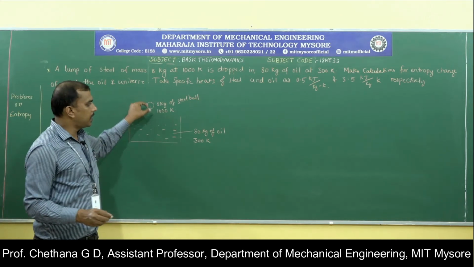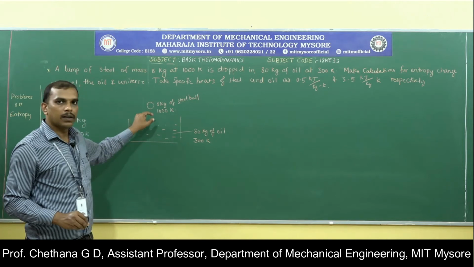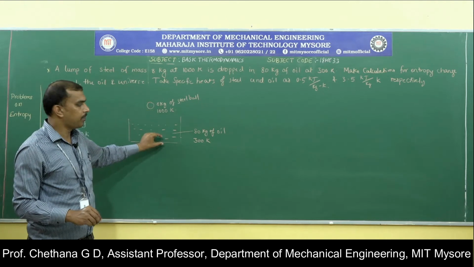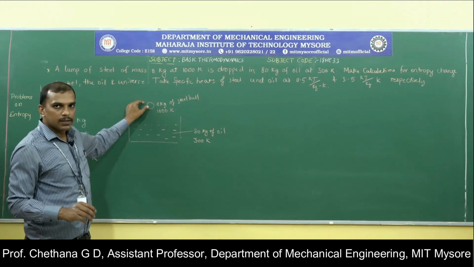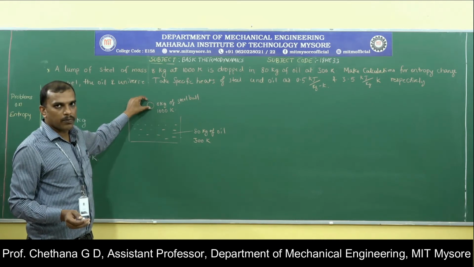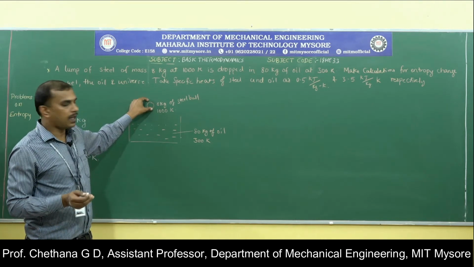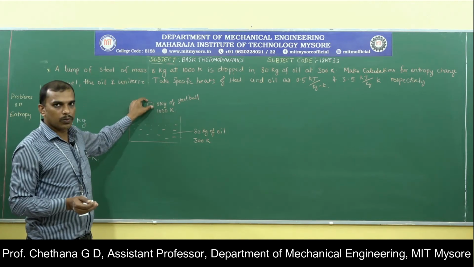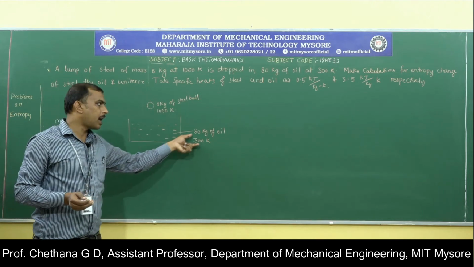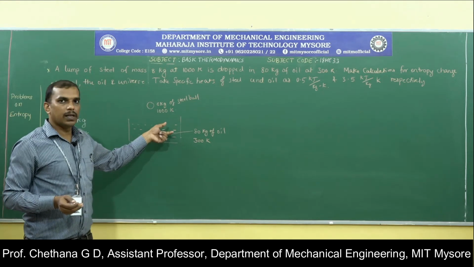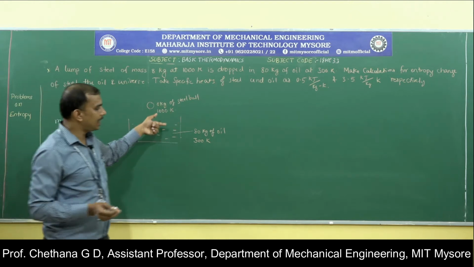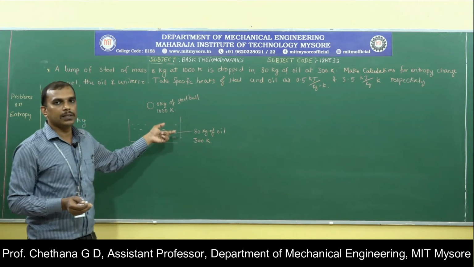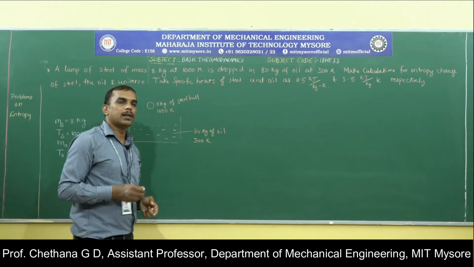Now know that this is being dropped into 300 Kelvin temperature oil. Obviously the heat transfer will happen from the steel ball to the oil. Now we can predict the change of entropy for this steel ball will be negative, because the heat transfer will be negative, that is, heat is rejected, delta Q will be negative for this. Whereas on the other hand, for oil the change in entropy will be positive, because heat is being transferred into the oil. So delta Q will be positive for the oil. So change in entropy for oil, you will get a positive answer.